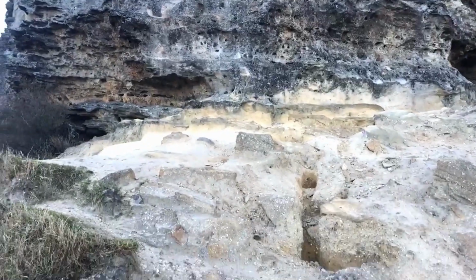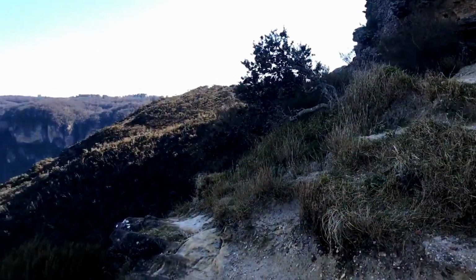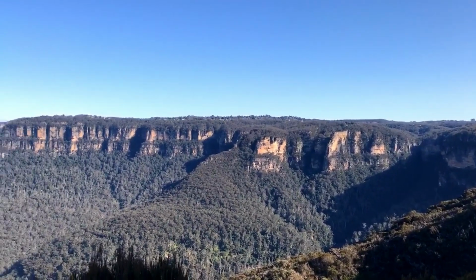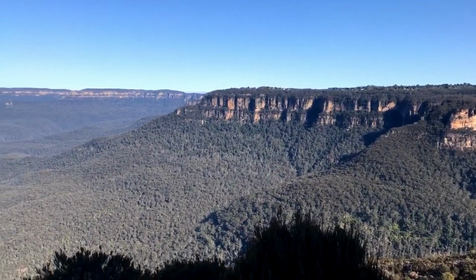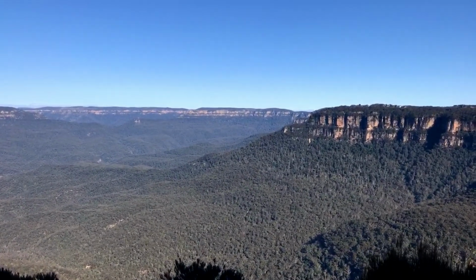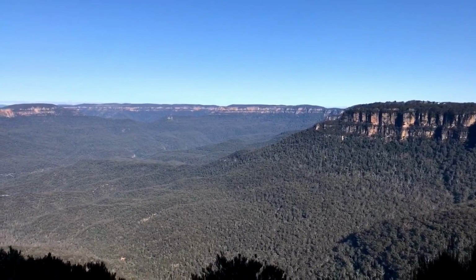So that's the spot. Don't know how successful you'll be. Maybe if you look up Lincoln Rock Cave, something like that, you might find that on social media with those views. If you can imagine sitting in that cave, looking out over here at sunset, that would be amazing. And perhaps if I was younger,